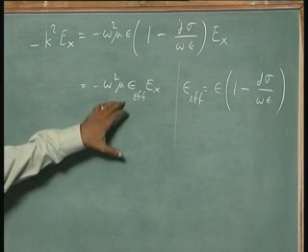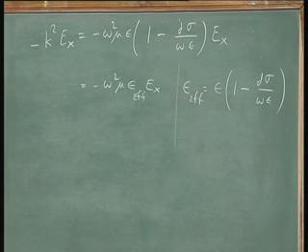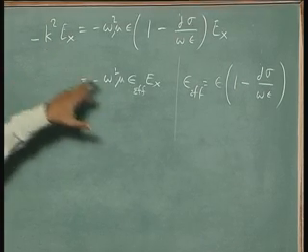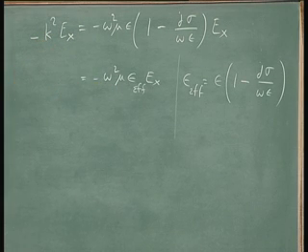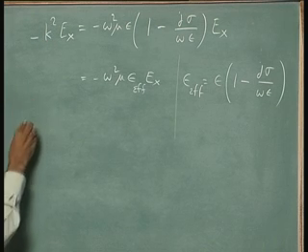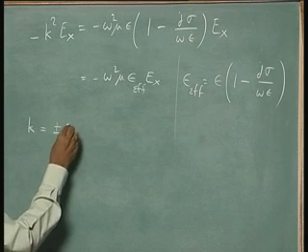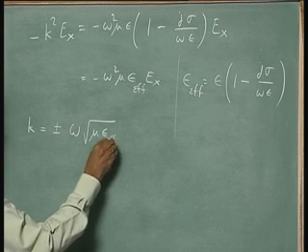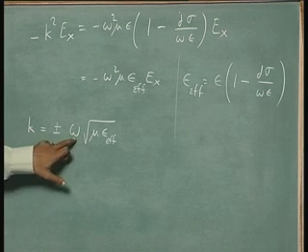There is nothing in this equation that is not there in this equation, there is nothing in this equation that is not there in this equation. What we gain, however, is that this equation we know fully. We have already looked at it, we know all about it. Since we know all about it, we know the answers can be written down simply. We know that this will give me an answer which says that k is equal to plus minus omega square root mu epsilon effective. So, if I know my frequency, I can calculate k,